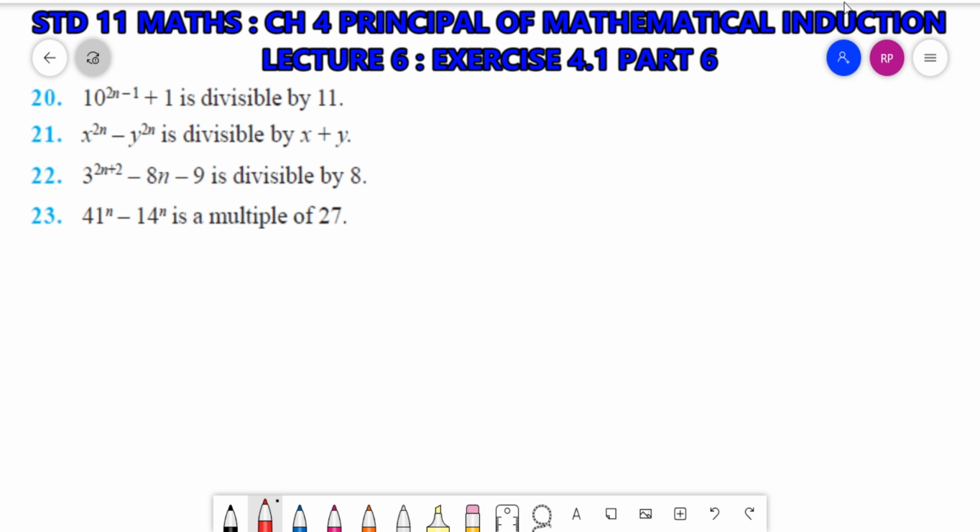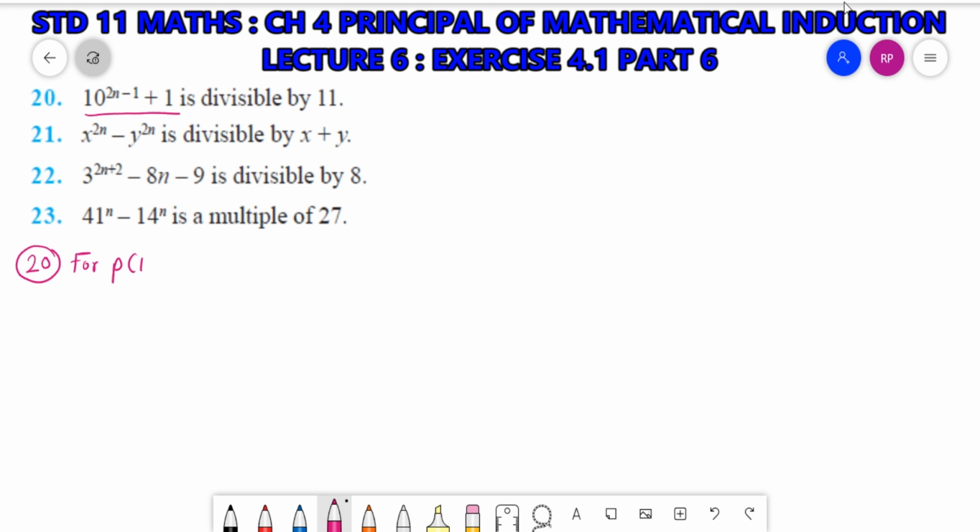Let's start with question number 20. You have to prove that 10 raised to 2n minus 1 plus 1 is divisible by 11. Okay, so first